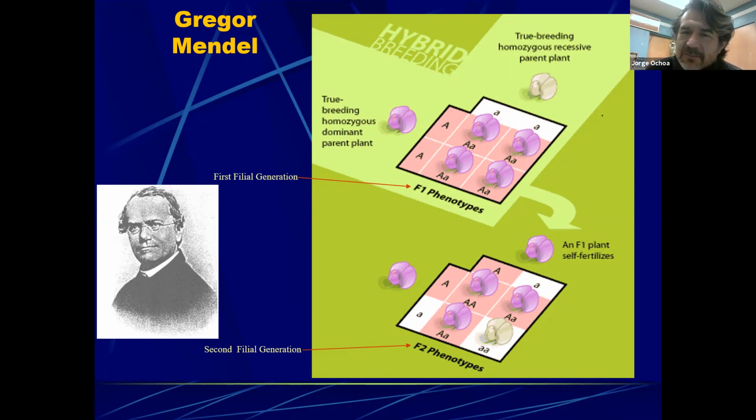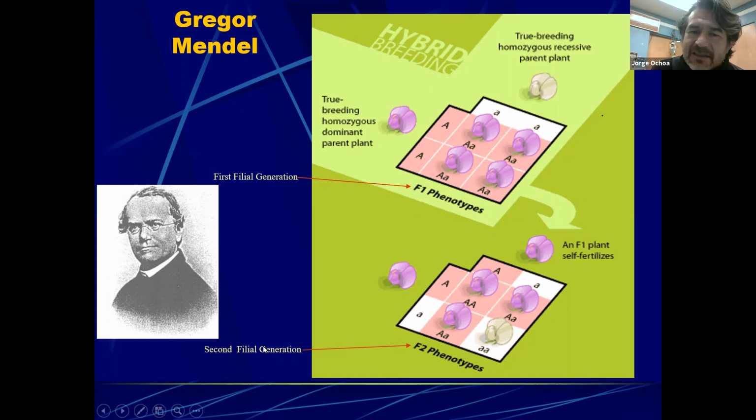And so what Gregor Mendel found is that plants have traits, like in this case, color, and some of them are going to be dominant. And so the first generation, which is going to be the F1, are all going to have the dominant color, which in this case is going to be the purple or this lavender color. But then taking the offspring or the F1 generation and crossing them, then you're going to have some of the recessive traits. And in this case, the recessive trait happens to be back to the white.